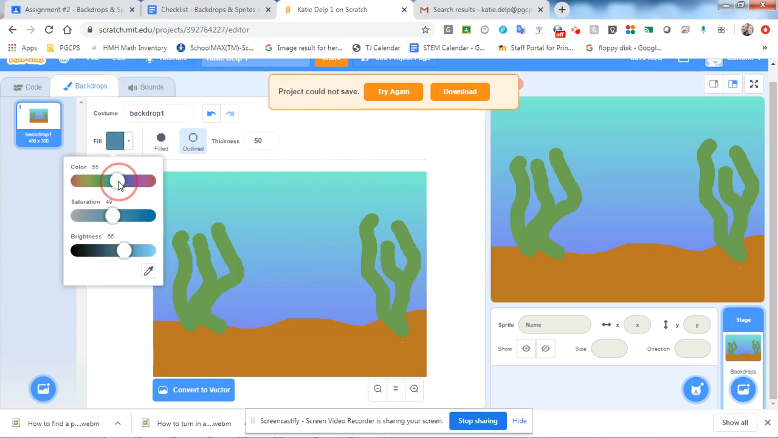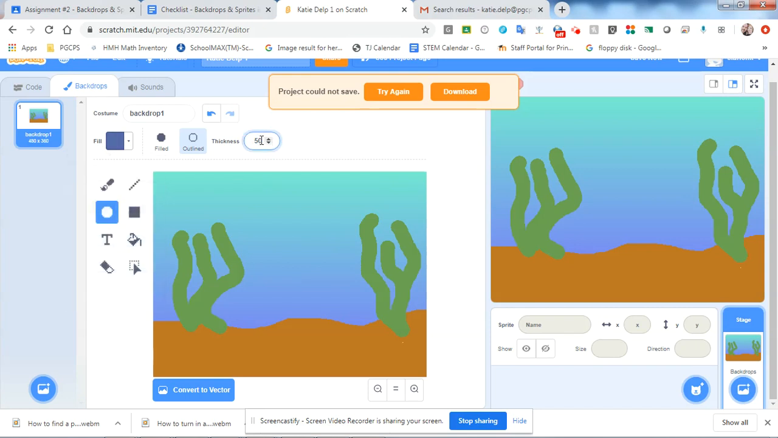And I get to choose the outline color. So I'm going to make it maybe a dark blue. And I also get to choose the thickness, right? The higher the number, the thicker the line is going to be. So I'm going to make it kind of thin. We'll make it 10. And then I can just click and drag my mouse to create